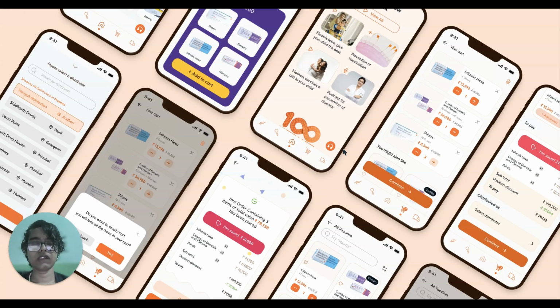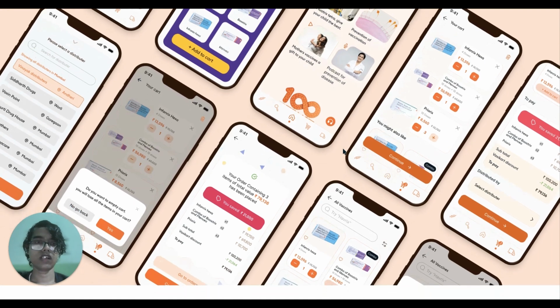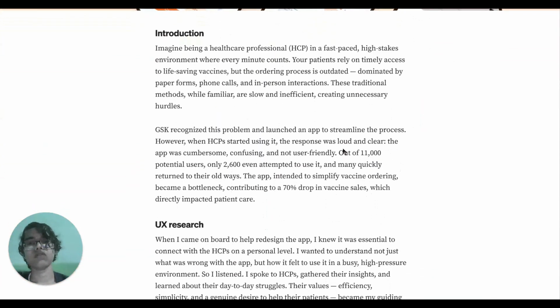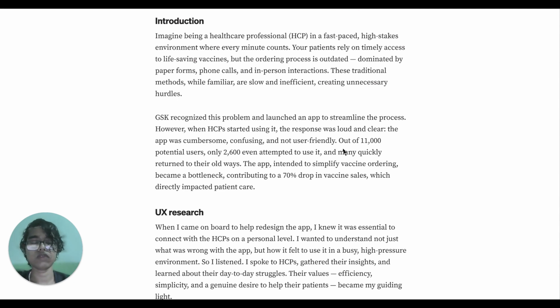So this is the website and the mobile app that I made for GSK, and this is how it looks. What was happening is that most of the doctors did not have a reliable way to access the vaccines made by GSK. So they approached me to design a mobile app for the doctors. They were already seeing almost a 70% drop in sales due to the traditional way of doing it, and my job was to increase the sales and tackle that 70% drop in the sales